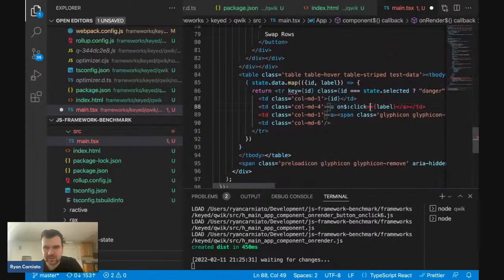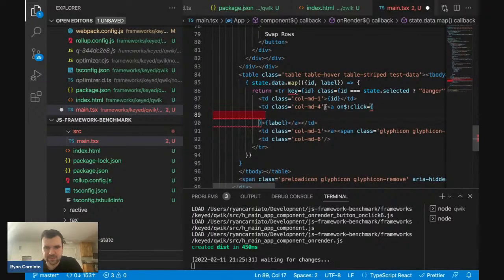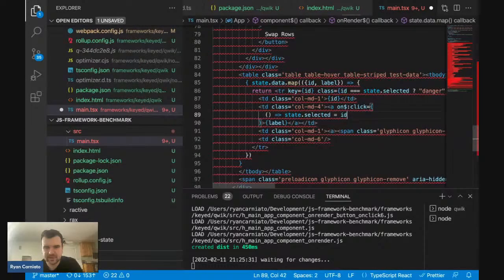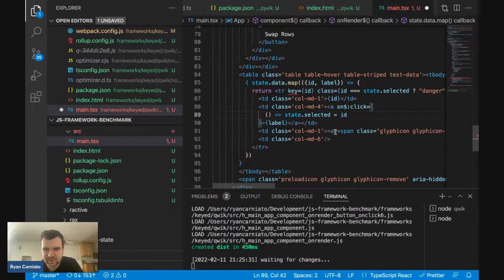And what do we need to do here? OnClick. And this one is selected. So I think it essentially is state selected equals ID. Probably very easy. And then on click,